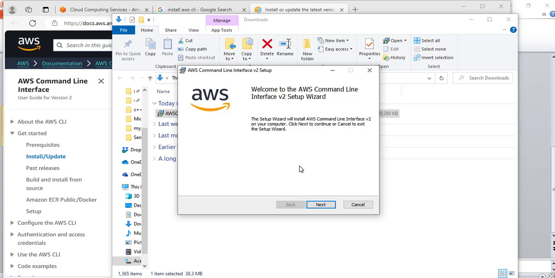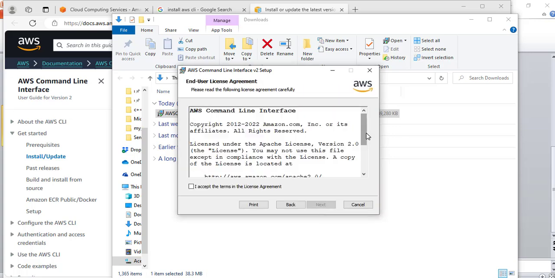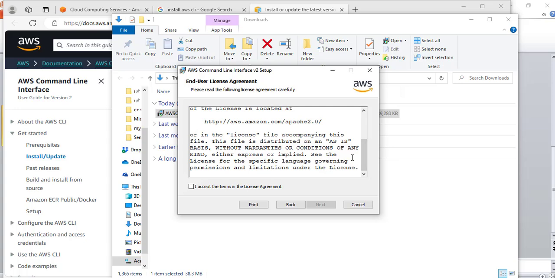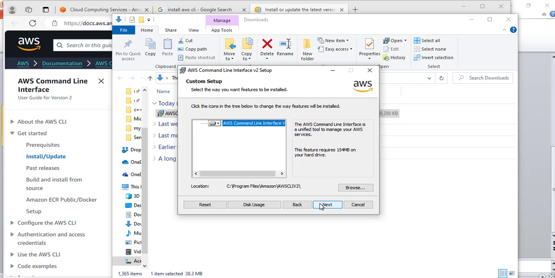Now this wizard will pop up. Click on next. Scroll down and read the license agreement. Then click I accept the terms in the license agreement and click next. Here it shows the amount of space that it requires on your hard drive, and the location that it is going to install it in on my machine. It's going to be in C Program Files, Amazon, and this is the AWS CLI version 2. Now click next,